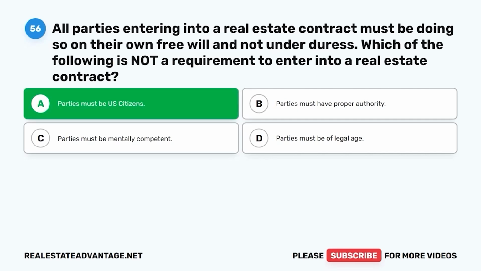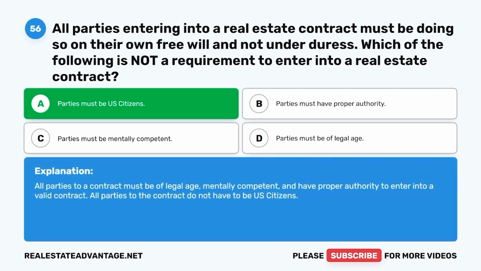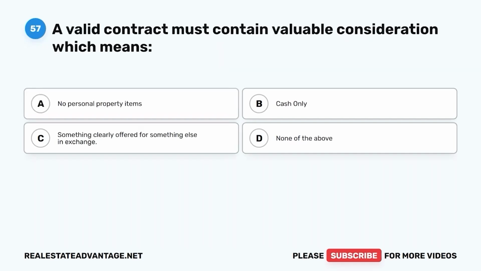Parties must be U.S. citizens. All parties to a contract must be of legal age, mentally competent, and have proper authority to enter into a valid contract. All parties to the contract do not have to be U.S. citizens. Question 57. A valid contract must contain valuable consideration, which means